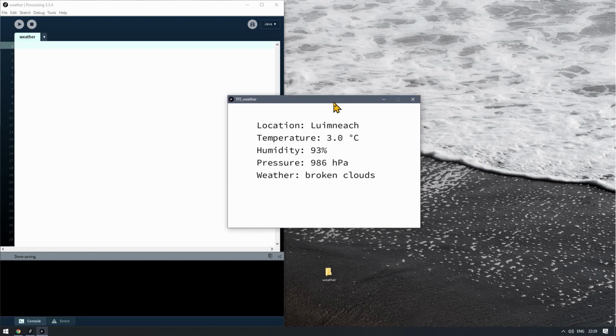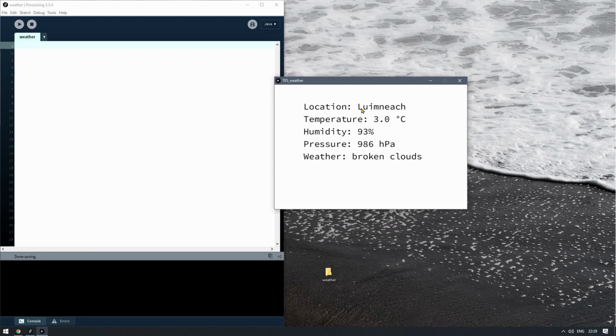It just puts up a panel with, oddly, they've got the Irish for Limerick. I've no idea why, because it's the only city in Ireland they do that for, but there you go. It's not 3 degrees out, and it's not 93% humidity. This